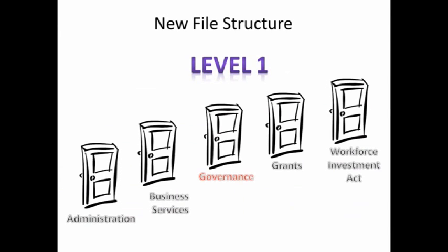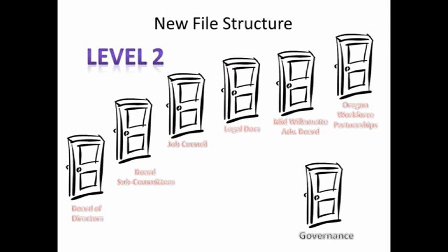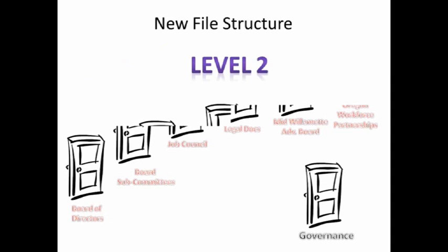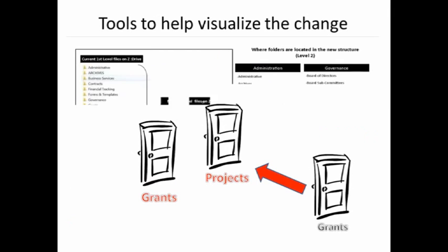So if you imagine going into an office building, and if you were going into the department called governance, you would go through that door. That's the first level. But behind governance, there would be, in this case, 6 doors. And within governance, if I was looking for legal documentation, I could go through that door, and that would be my 3rd click, and that would be as many clicks as I needed to find the file I was looking for. So if behind grants, there was 2 doors, every one of these